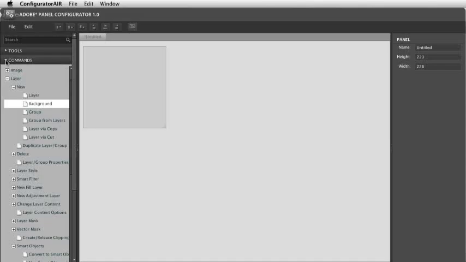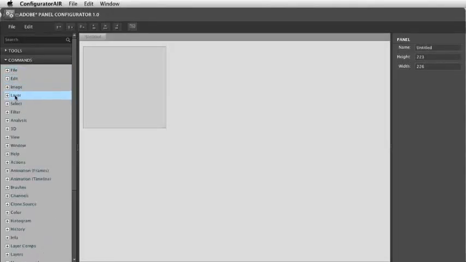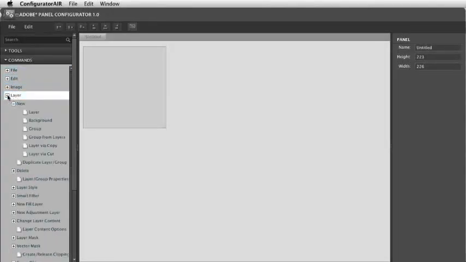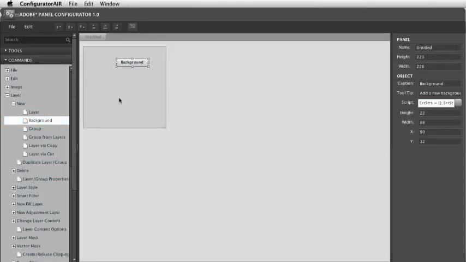I actually use commands, though, because now I can take things that I do all the time that I have to go to a menu for, and I can make my own palette with those menu items. So, for example, I'd go under here to the Layer menu. And if I expand the Layer menu, if I went to Layer, New, there's an option here to convert my background layer to a regular layer. Just this little background option here. Just drag it onto your panel, and it just puts a little button there for you,